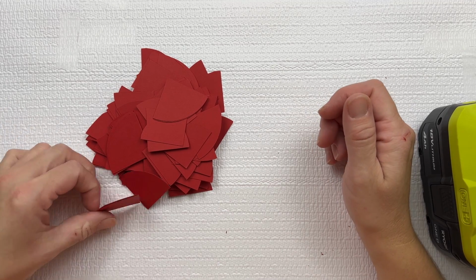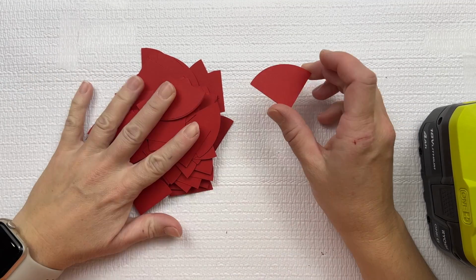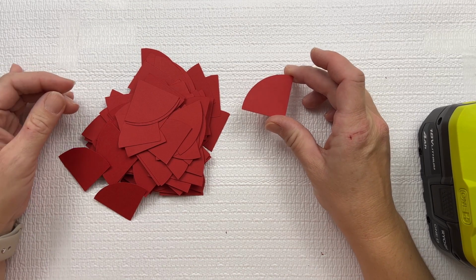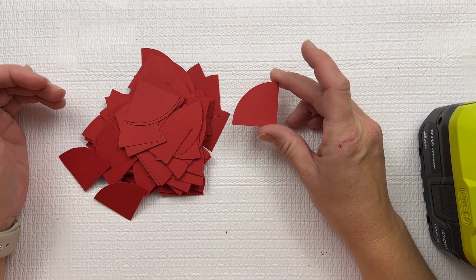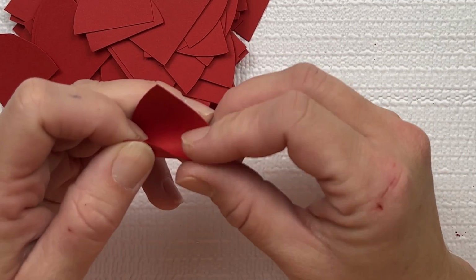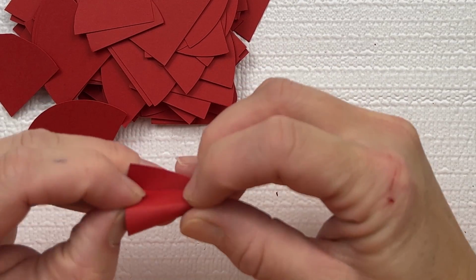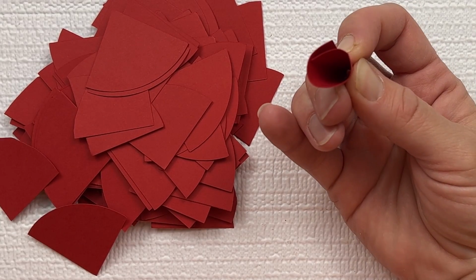So while I've been cutting all these pieces, my glue gun's been heating up, and it's important to know that there's roughly 120 of these. So I'm not going to take a video of all of them. I'm just going to show you the concept of rolling them and gluing 1 or 2 of the first pieces to see what it looks like, and then you can continue with the video and not watch me roll 120 of these. So I just want to roll it a little bit like this into a nice circle,